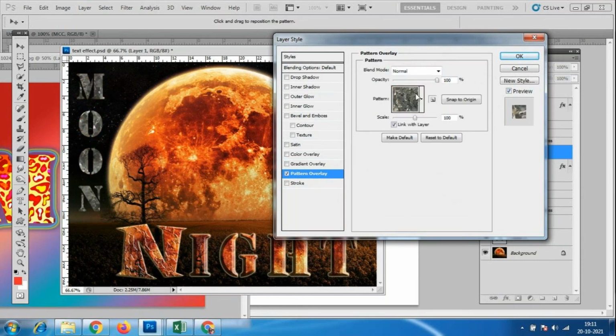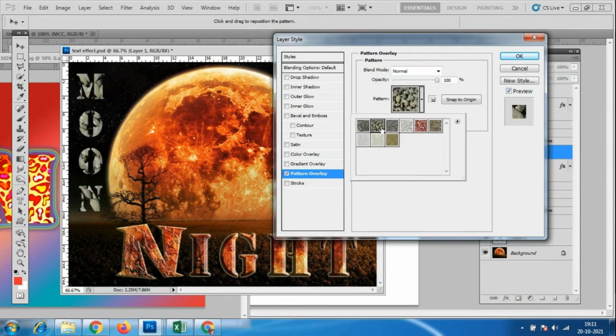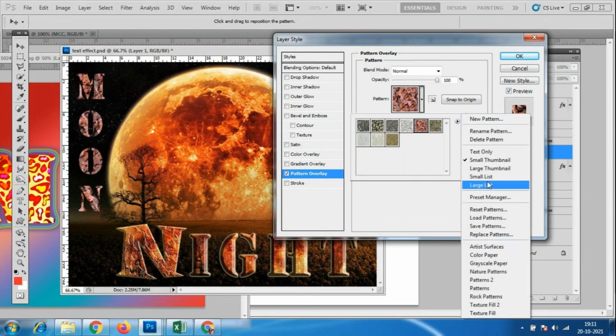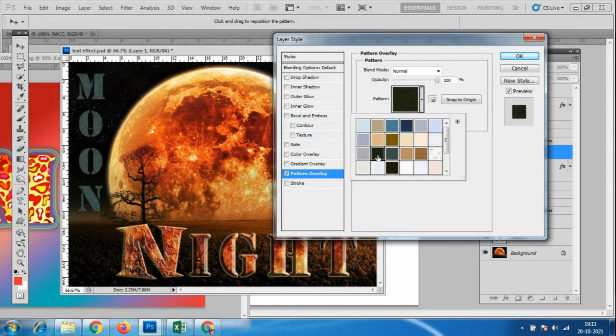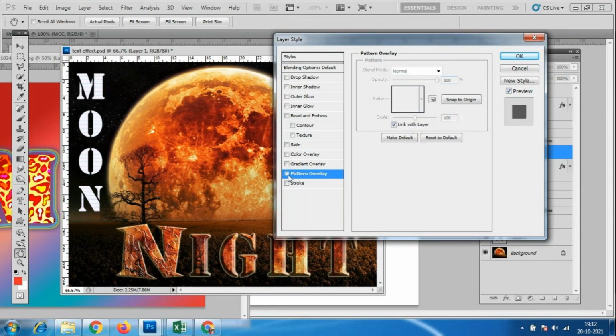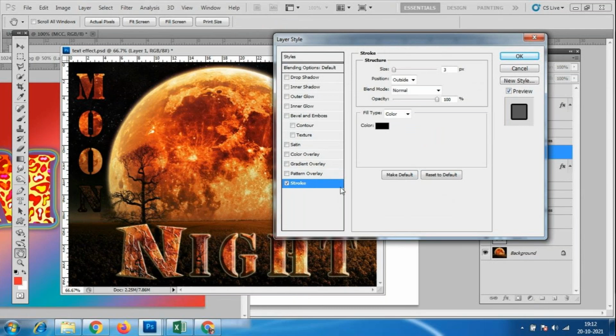Here we have different patterns, the rock pattern, marble patterns, and multiple patterns over here, color paper patterns. Everything applies over this texture, so at the end of the day my original texture, whatever we copied from this moon, will go. So only what is necessary, we have to use.